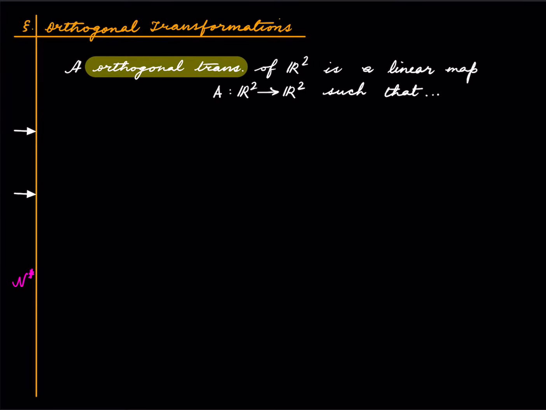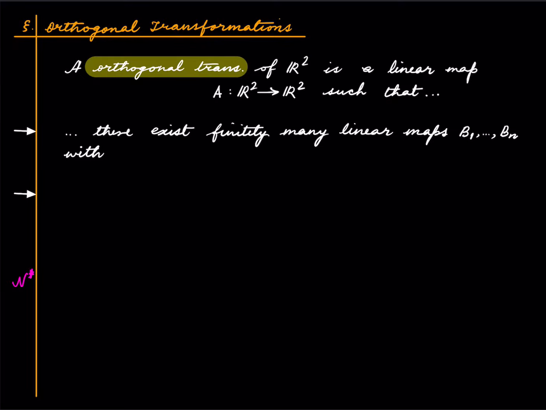And now we can define what we mean by an orthogonal transformation. An orthogonal transformation of R2 is a linear map A such that there exist finitely many linear maps B1 up to Bn. So there is some finite n, it could be 1,000, a million, who cares. There exist finitely many linear maps with the property that,